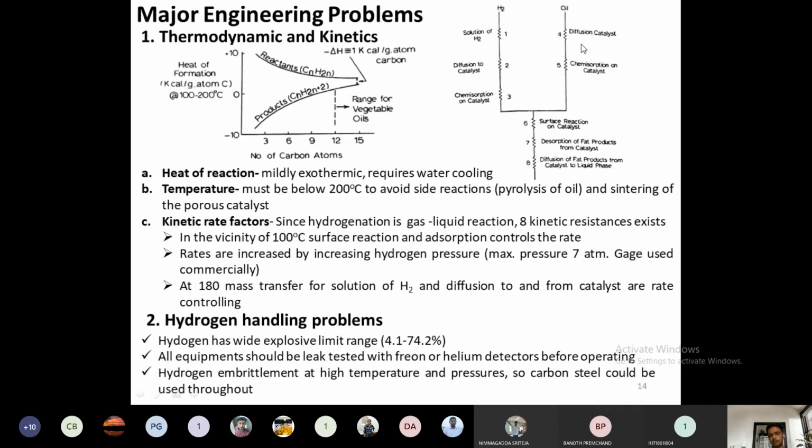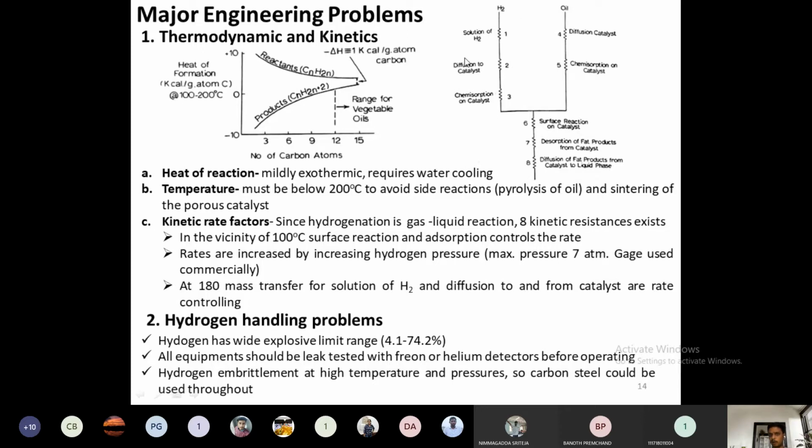So this oil phase needs to be transferred to the surface of the catalyst. First, pores will be there on the surface of the catalyst, and through the pore this liquid oil needs to pass. So the first resistance to be crossed is the pore diffusion of the oil towards the catalyst surface. Then the next is the hydrogenation. Hydrogen will be there in the gaseous form, so this gaseous hydrogen will need to combine in a solution form. This will be the first resistance for the hydrogen diffusion.